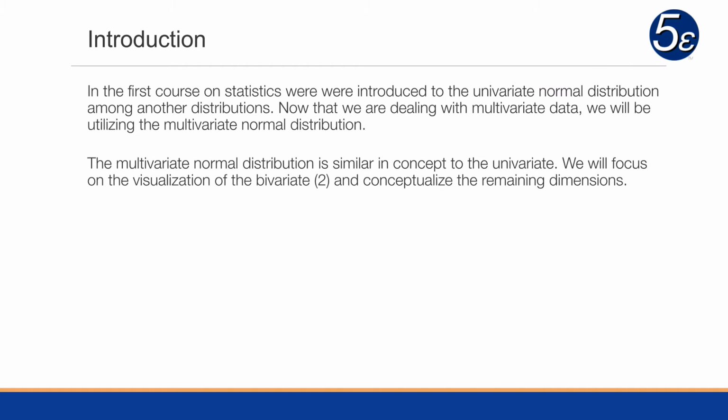In the first course on statistics, we were introduced to the univariate normal distribution, among other distributions. Now that we're dealing with multivariate data, we will be utilizing the multivariate normal distribution. The multivariate normal distribution is similar in concept to the univariate, but works across multiple variables simultaneously, or what we will refer to as multiple dimensions. Right now, we'll focus on the visualization of the bivariate, which is 2 dimensions or 2 variables, and conceptualize the